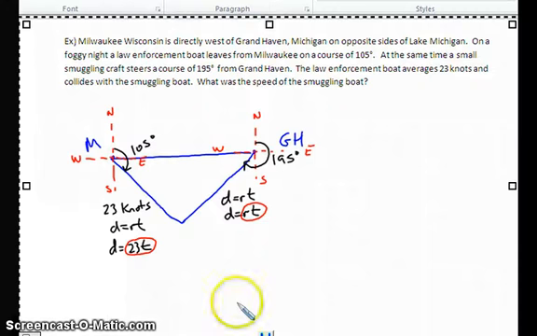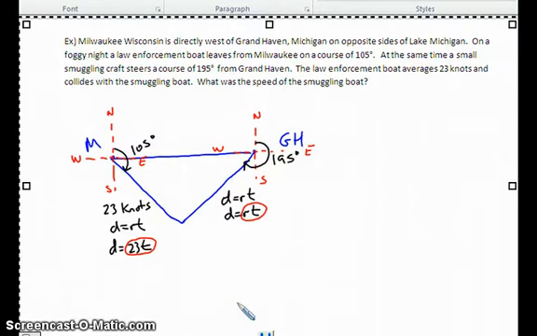Alright, looking at the next example, you'll notice that I've already drawn the diagram for you. The diagram can be kind of confusing, so I'm going to take the time to go through and explain how I got the diagram. So what we have here is it says that Milwaukee, Wisconsin is directly west of Grand Haven, Michigan. So I drew Milwaukee here with the M. I drew an east-west line here, and I put Grand Haven, Michigan there. So then what I did was, because that was an east-west line, I drew in these north and south lines going through,